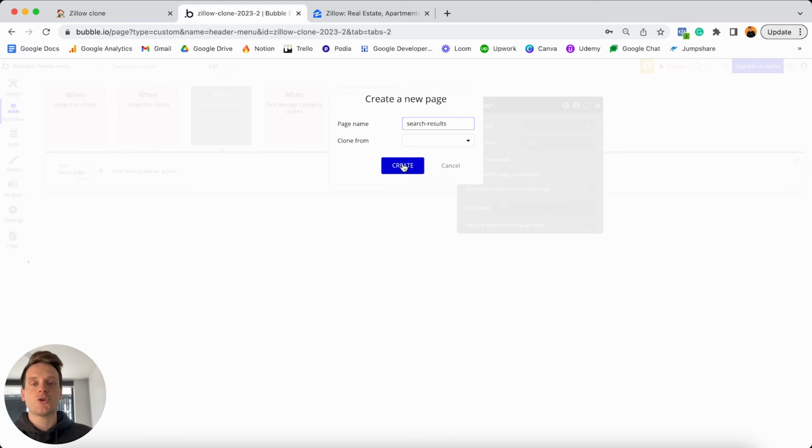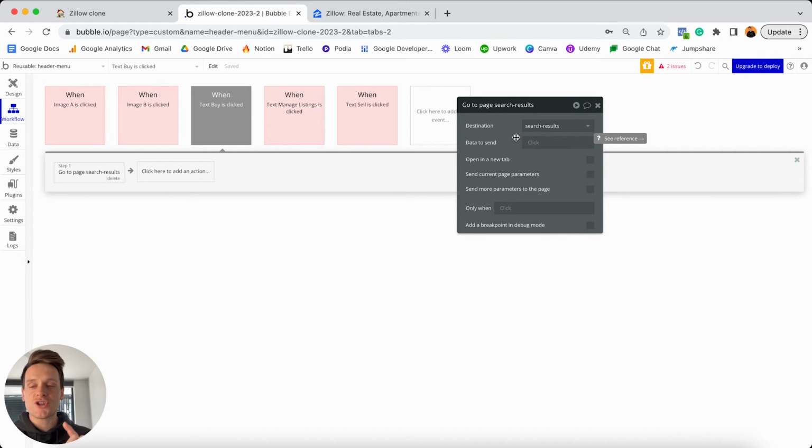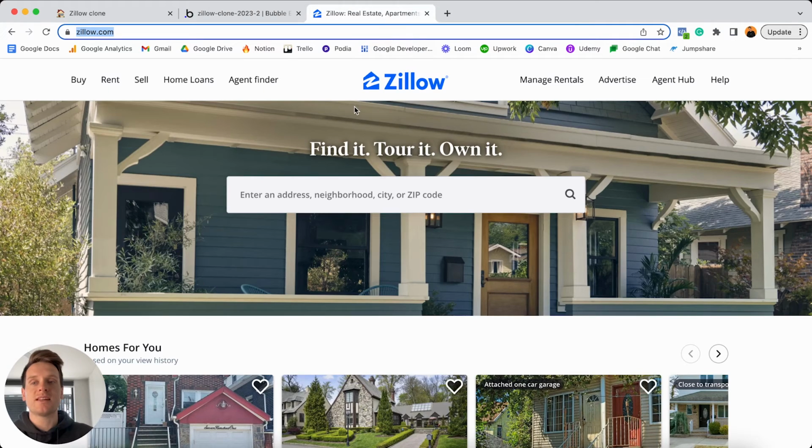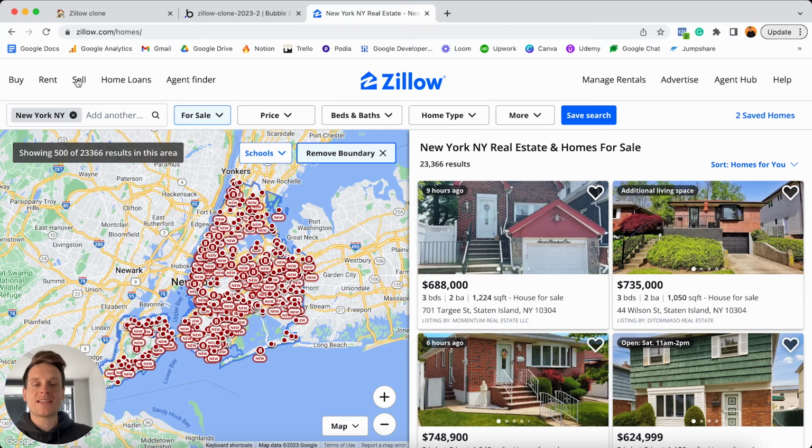So I'll select to create this here. Then I will select that that should be the destination page for this workflow. But if I was to just take a moment and pause right here and then head over to the real world Zillow application and click on this buy button here, what you'll see is that we've been sent through to our search results